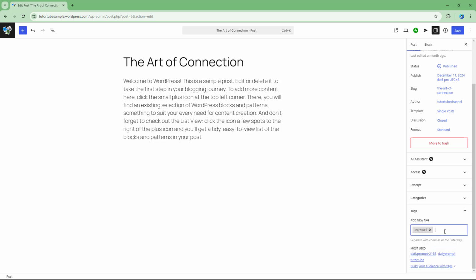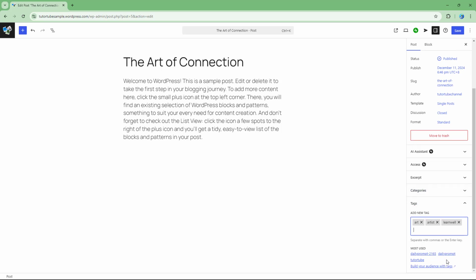What I can also do is, for example, add a tag that I haven't made as well. So let's say I'm going to say "artist" right here. Then that tag will be made. So this is how you can assign a tag right here. And a tag can also be an existing tag, which is related to another post. So if I click on save right here, the tag has been assigned